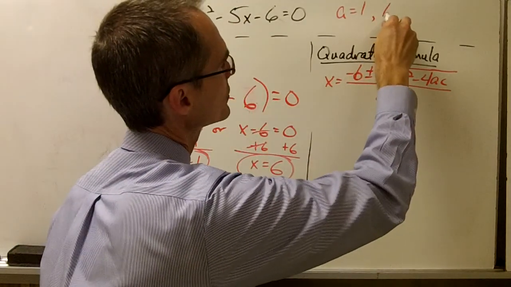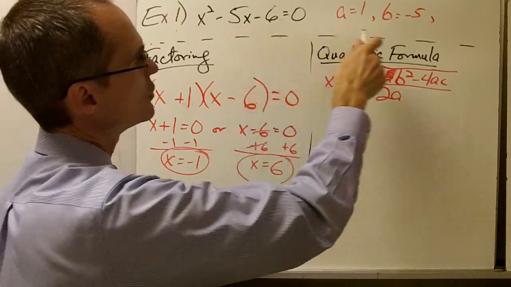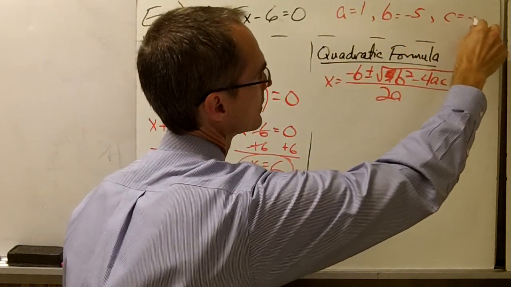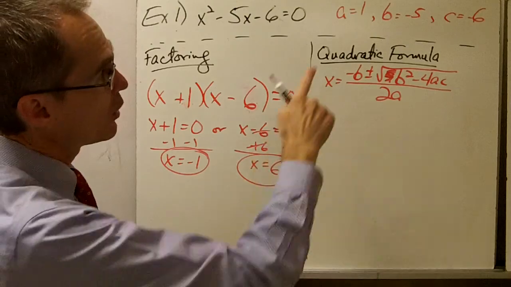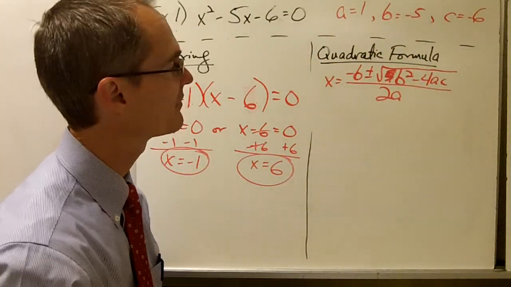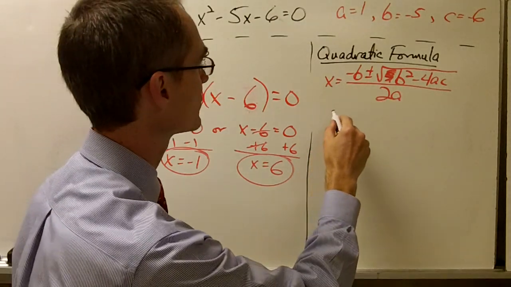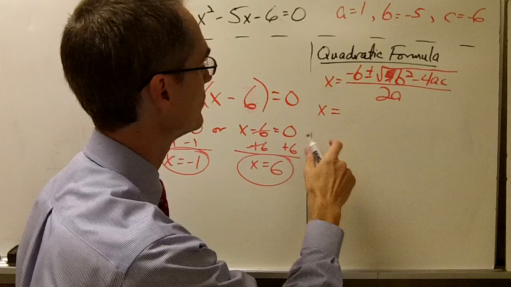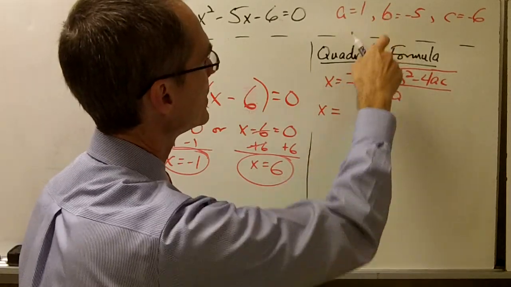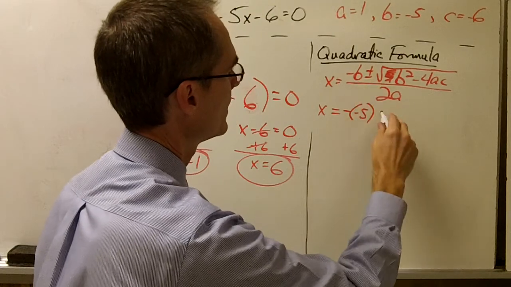So b equals negative 5. And my c value is negative 6. Well, now I know what my a, b, and c values are. All I need to do is plug them into my formula and then do a little bit of arithmetic and simplify my answers. So x is going to be equal to my solutions, negative b, so that's negative 5, plus